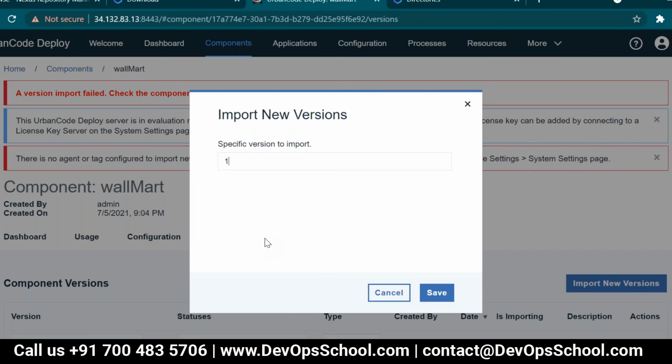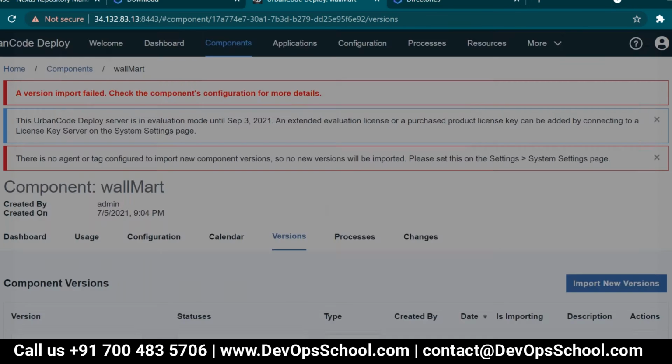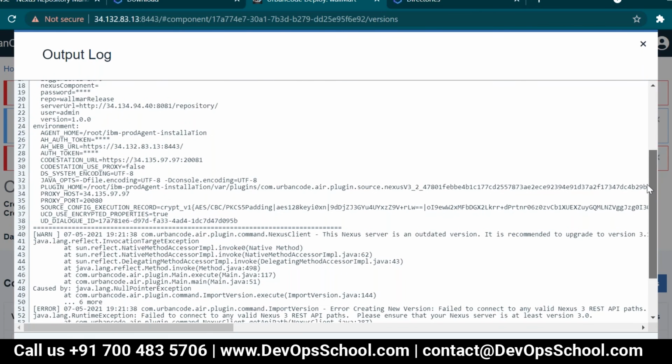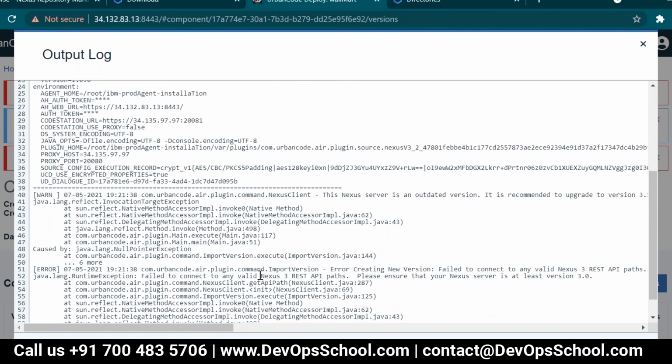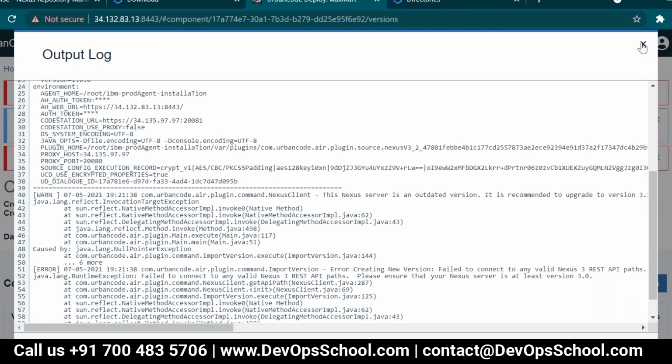Import. Is it working now? Something is the problem with the plugin, I think. See, what we're doing is correct. Okay, sometimes it's a plugin problem, or is there some other case?